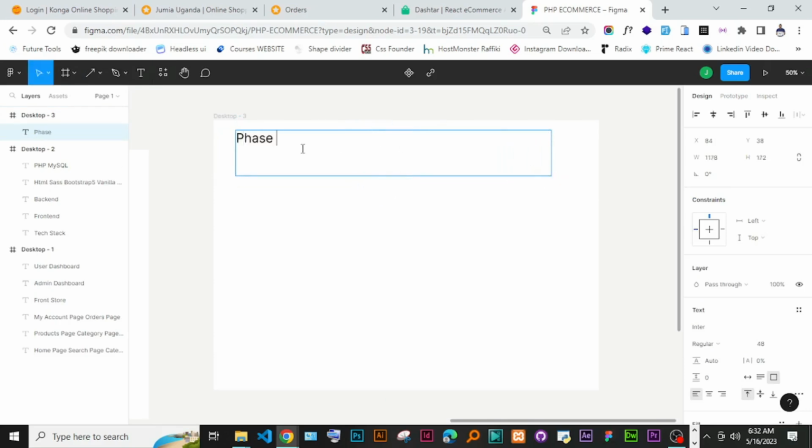In phase 1, we should be able to build the front end. So phase 1, we're just going to say building front end,